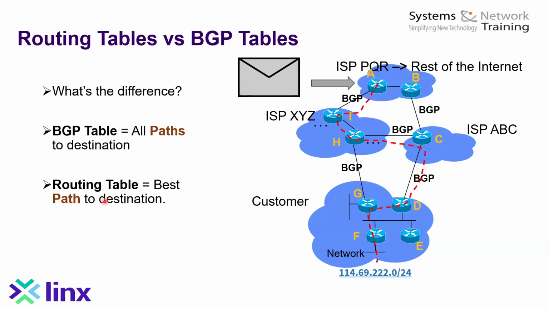So hopefully that kind of makes sense. And this is going on all the time dynamically in the internet. Routers are updating each other with their updates, and that update information goes into their BGP tables. And then each router individually works out what the best path is when it gets a packet. It uses its routing table to direct the packets in the right direction.